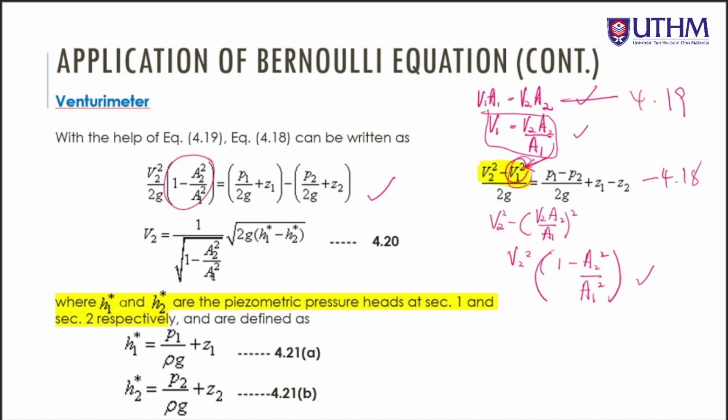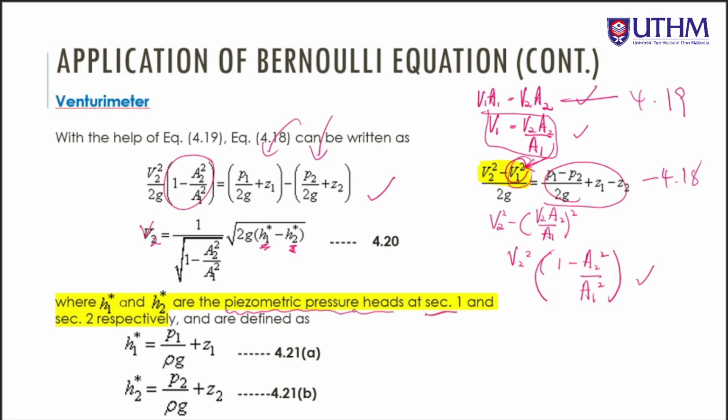So next kita dapatkan value of V2. V2 is equal to 1 over square root of 1 minus A2 squared over A1 squared, times square root of 2g. Actually on the right hand side kita convert this to this, sebab kita nak create this unknown H1 star and H2 star, in which this H1 star and H2 star are the piezometric pressure head, okay,